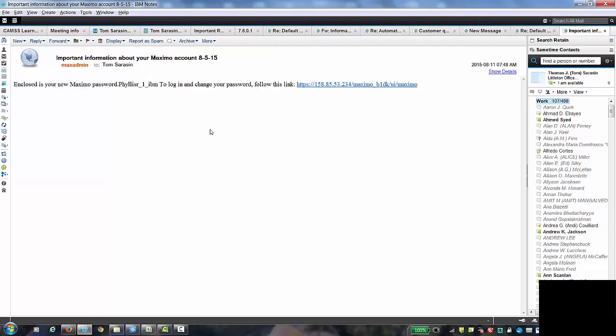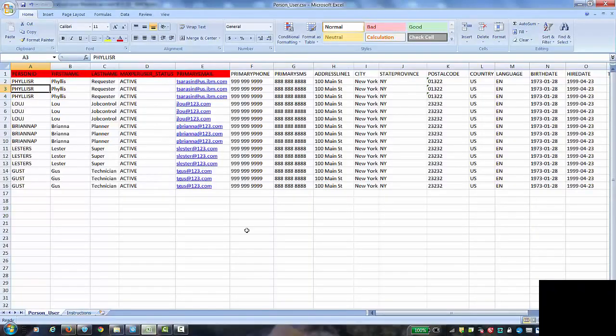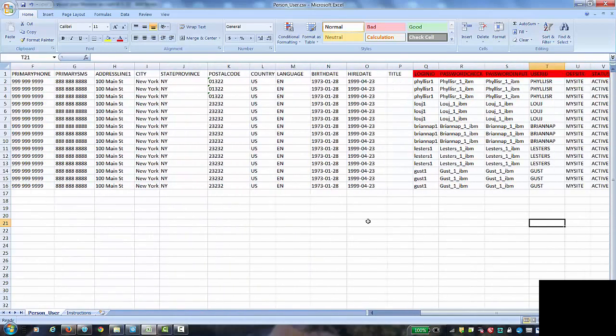One other thing to note is the email only has the password, doesn't have the user ID, which is the login ID. Your login ID should be something that they know. If they have a common login ID in your environment, they need to know what it is, so that ID can be used with the password sent to them in the